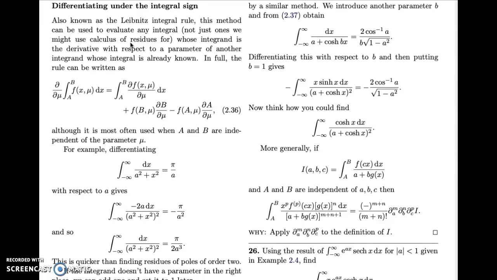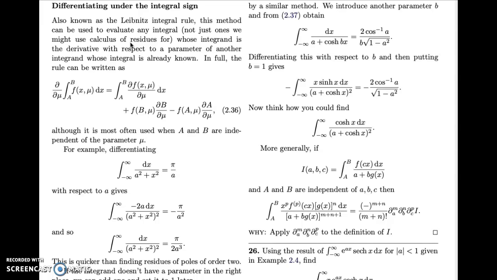This technique is worth bearing in mind, in particular with complex variables, just because if you realize that evaluating residues at a multiple pole is a bit of a pain. So if you see that you have an integral where you've got a pole of order which is higher than 1,